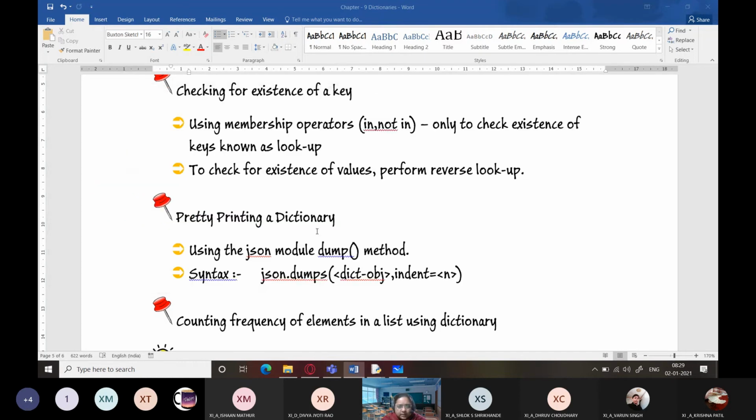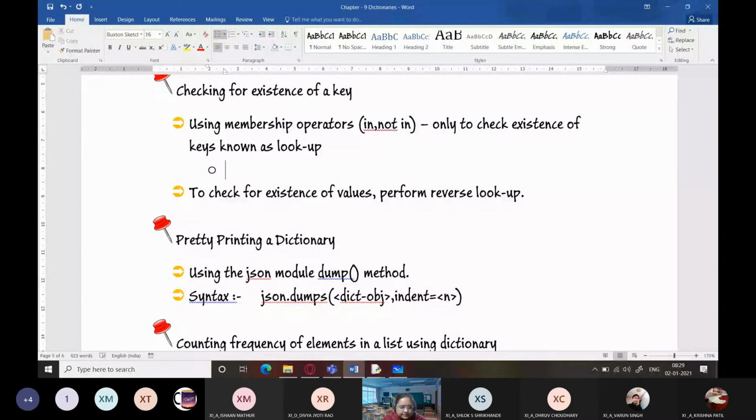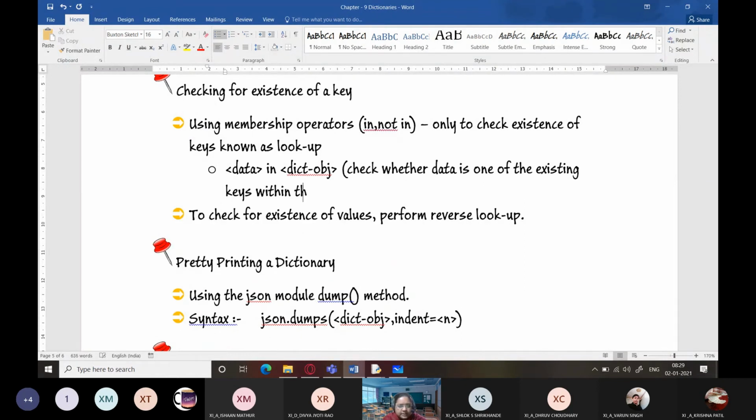Got it? So this way, I'm using data over here: data in dict object. What this will do is check whether data is one of the existing keys within the dictionary object.